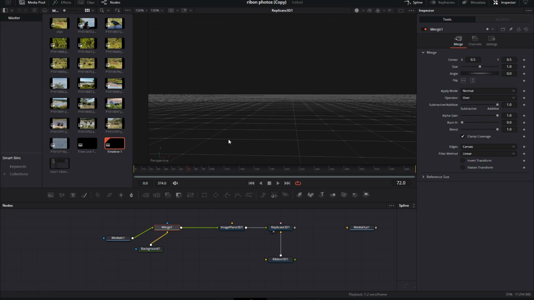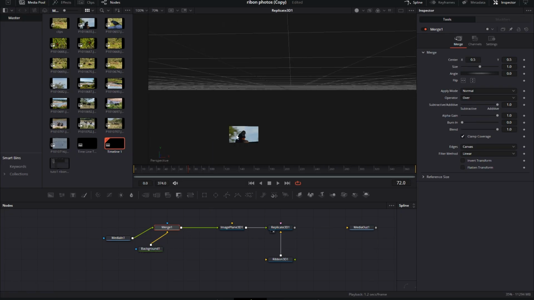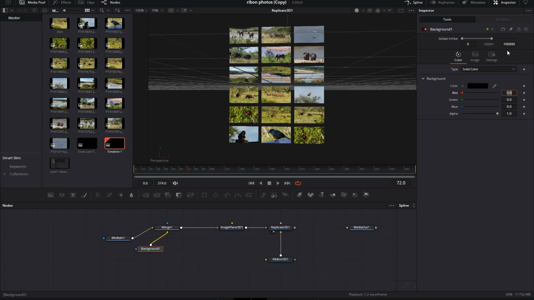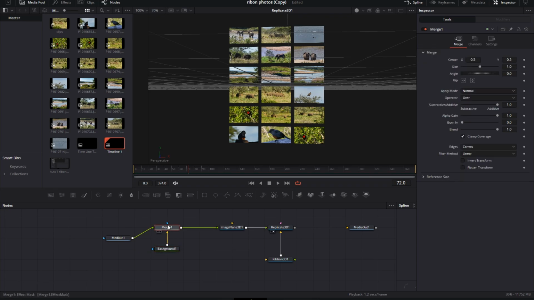Disaster, only one photo remains. And this is normal because the background is only defined on 375 frames. We don't hesitate, we put 100,000. Bingo! Everything came back.